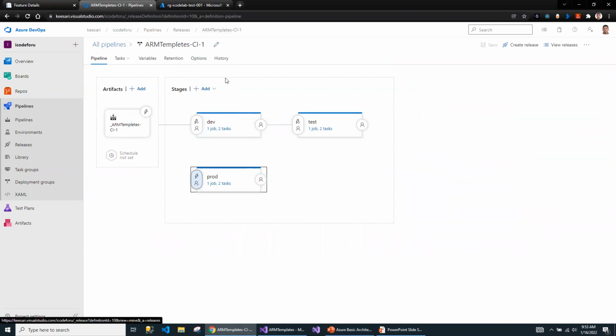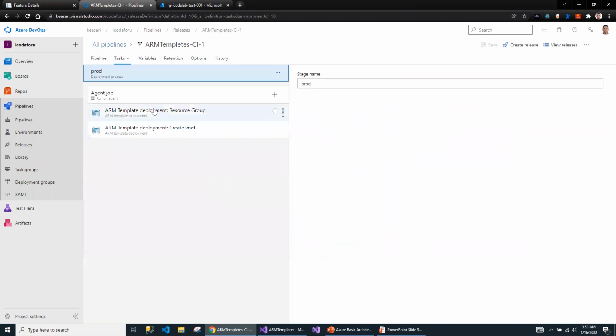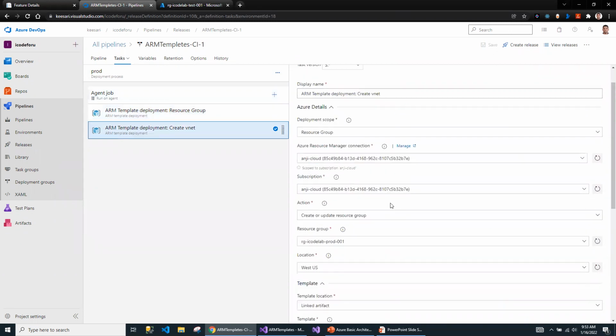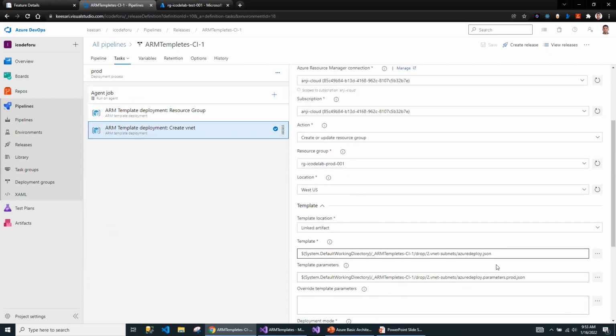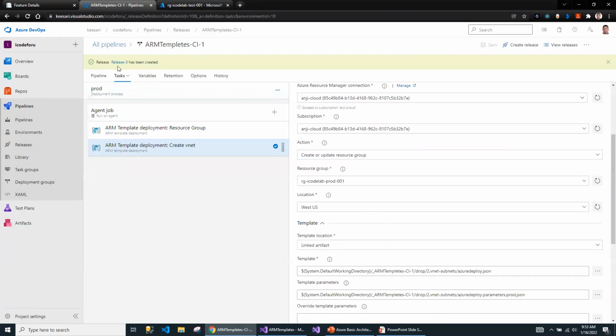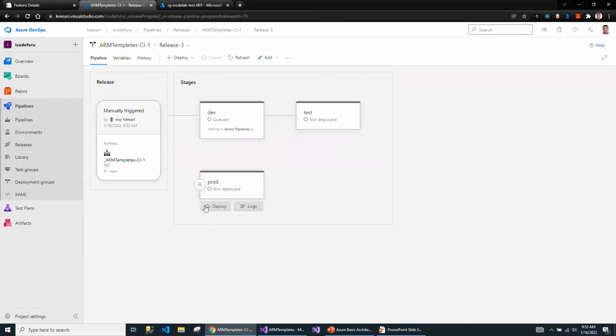Now let's take a look at the review, to make sure that everything is in good shape. So this is the production one. Okay, so this is also production. Now let me create another resource only for production. So I'm going to run the deployment. I think both are queued in parallel.